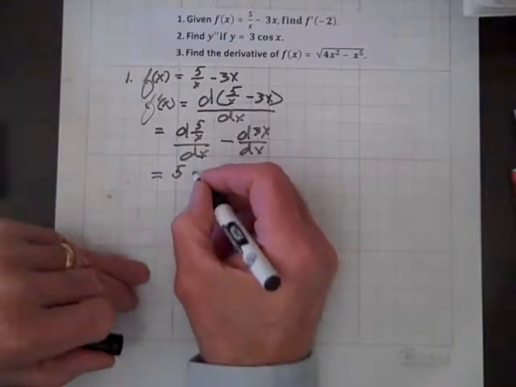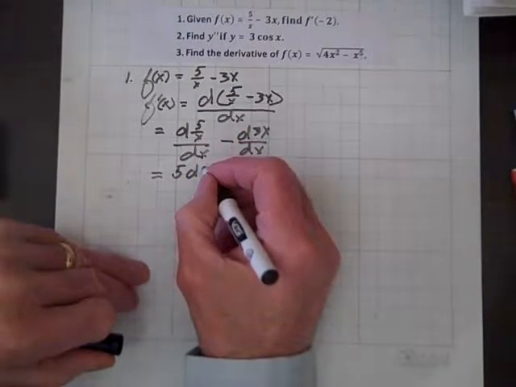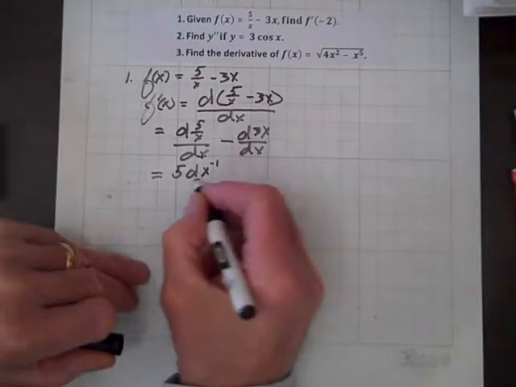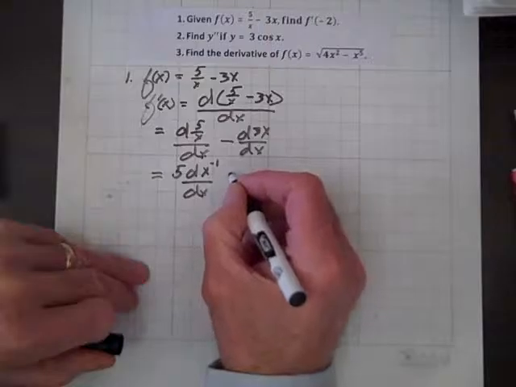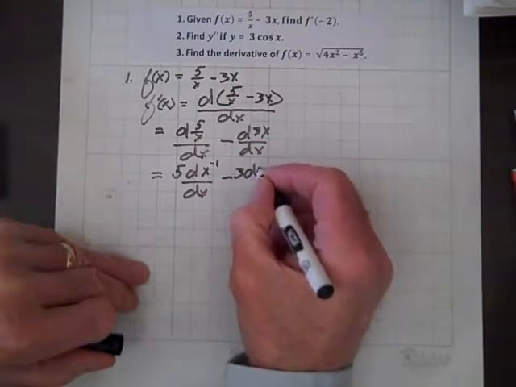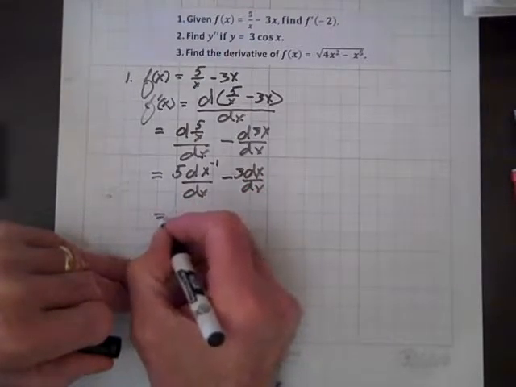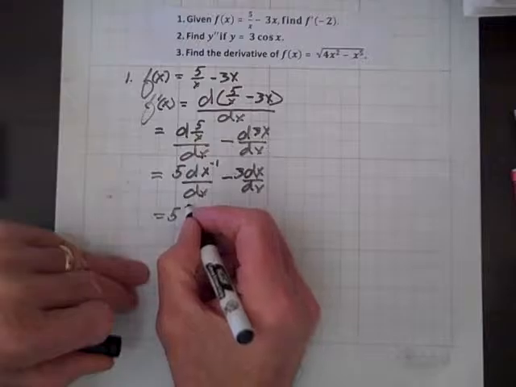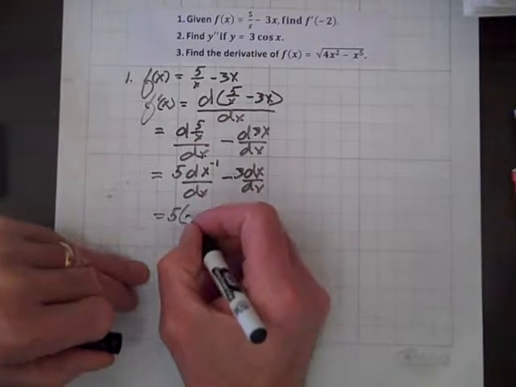So 5 times the derivative of 1 over x, which is the same as x to the negative 1, isn't it, with respect to x. And we can also bring this 3 out in front, and we get a dx over dx. And that equals 5, and by the power rule, taking the derivative of x to the negative 1 will